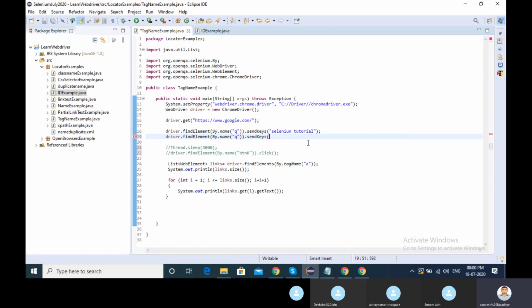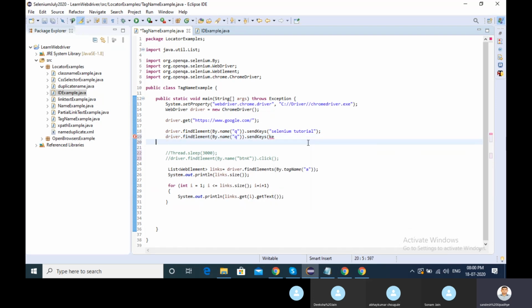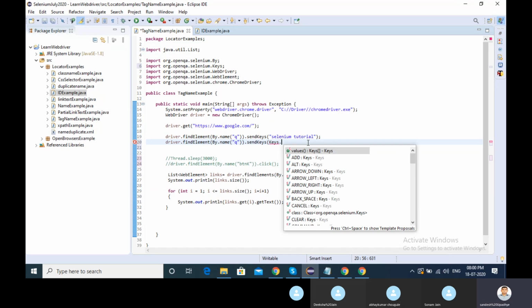There is one Selenium command, Keys. Okay, got it. Selenium Keys dot ENTER.